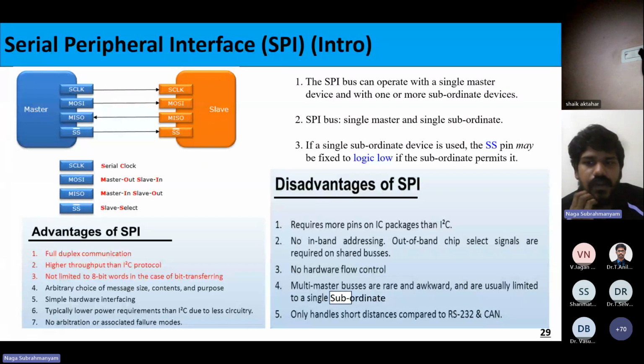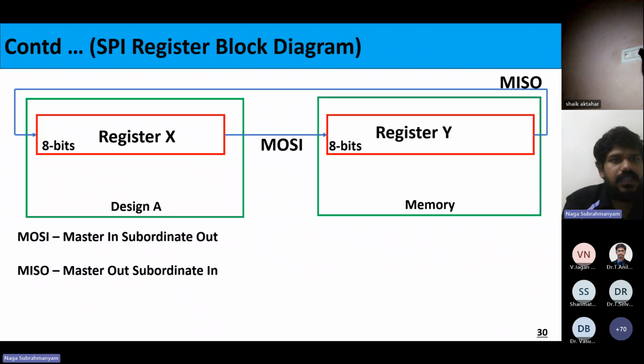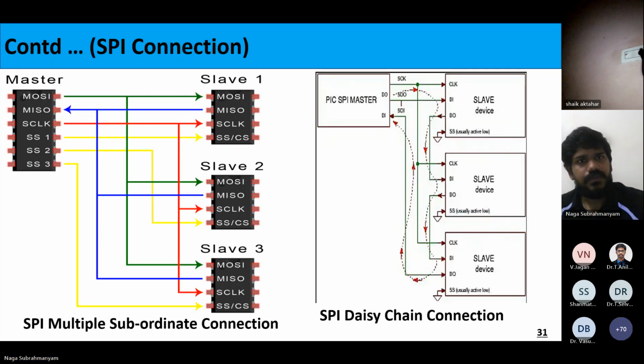Do you know anything about SPI? It is like one master, many subordinates. The master will be one, the subordinates will be many. It is just a data exchange like this. Here one register will be there. It will send 8 bits, 1 bit at a time. And this register can also send data from that side to this side. One bit can go at a time. And there are other variants also: DSPI and QSPI, where two bits or four bits can go at a time.